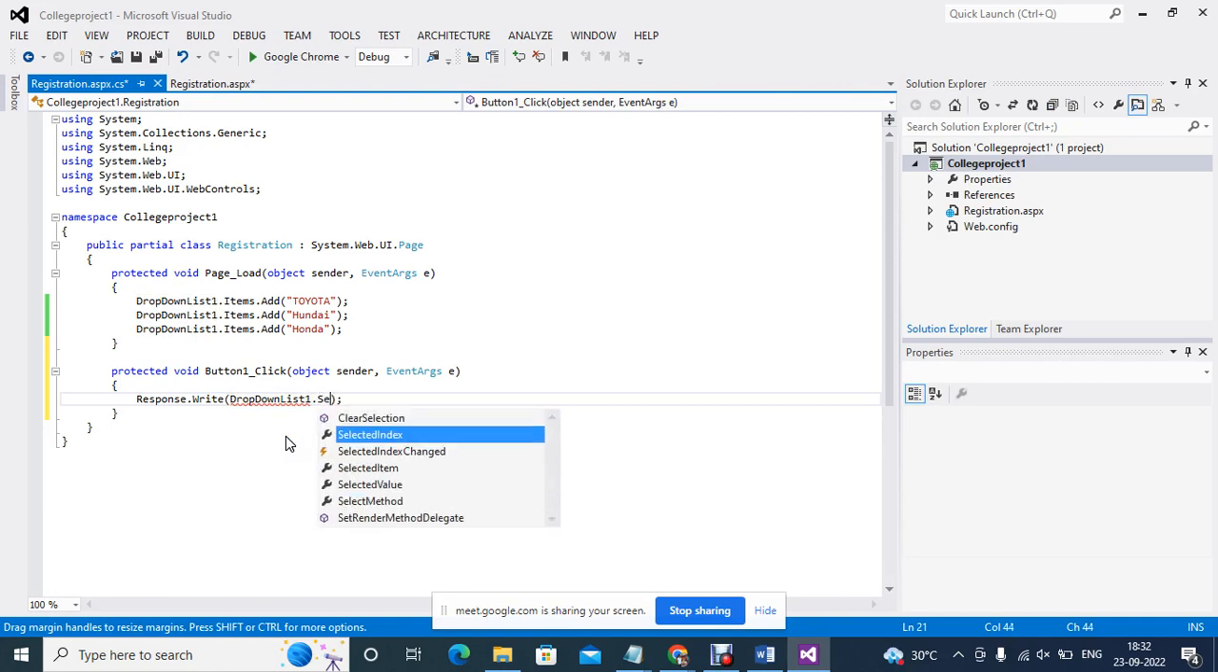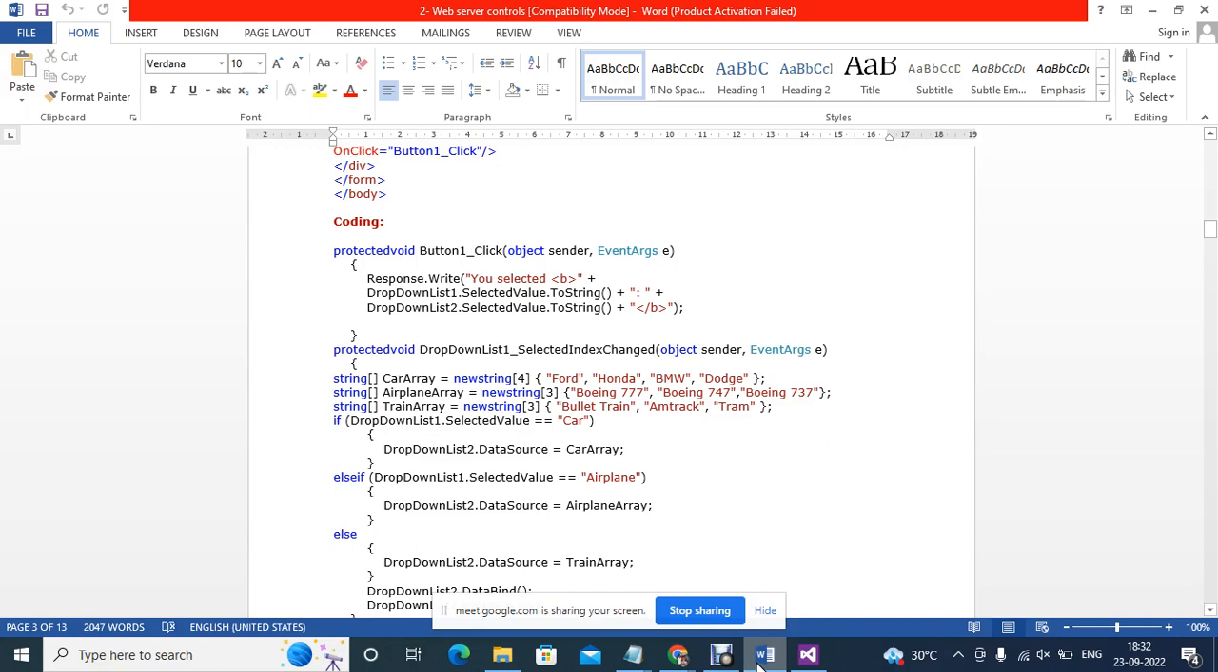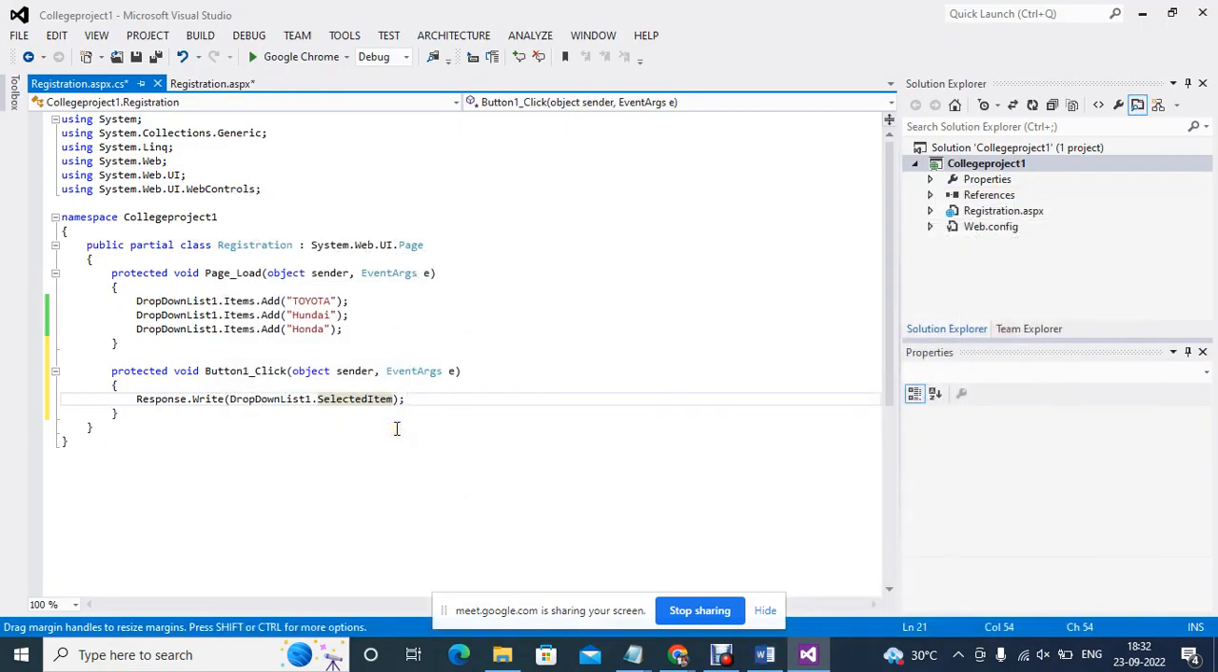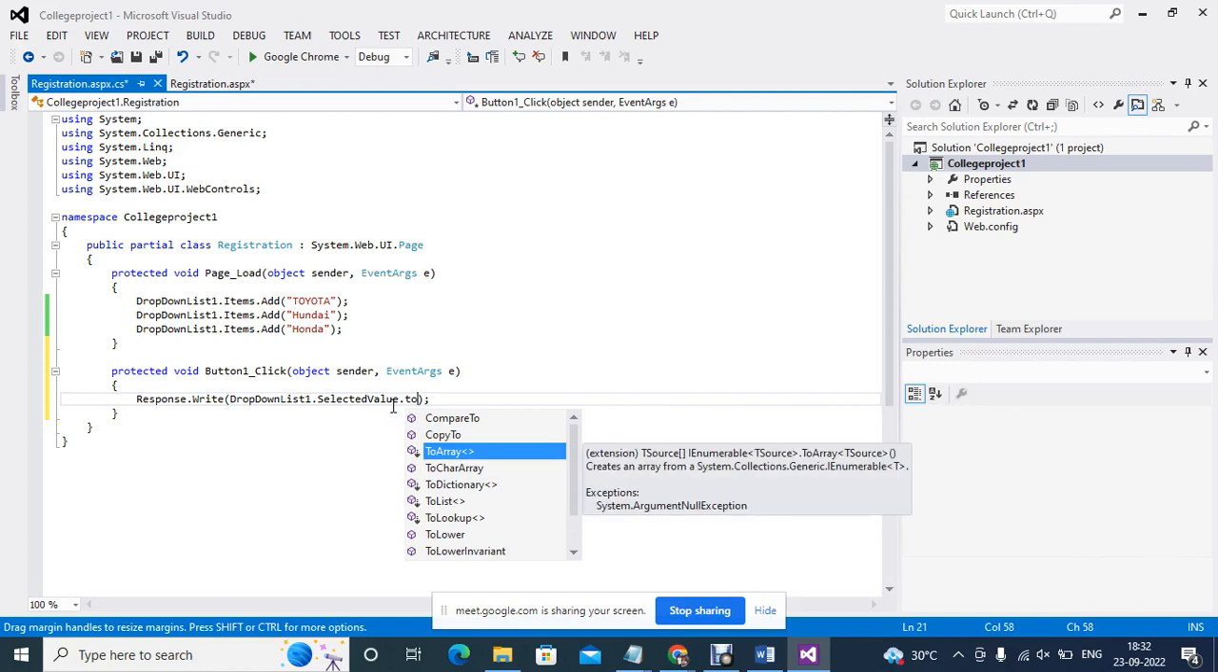dot selected dot selected item. So we can use the selected item, and we can also use the selected value. Both we can print, but we will use the selected value because we are selecting the value only. So we will use selected value dot, then there is a method ToString,